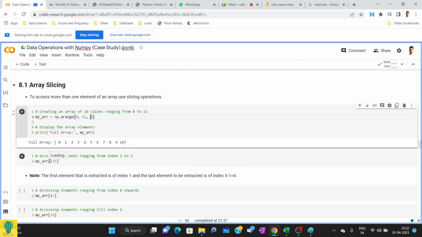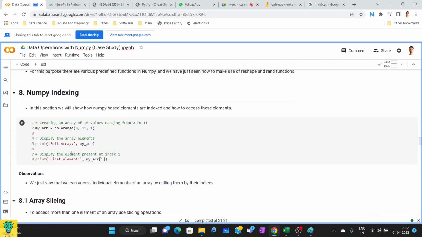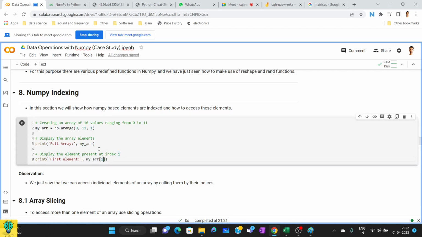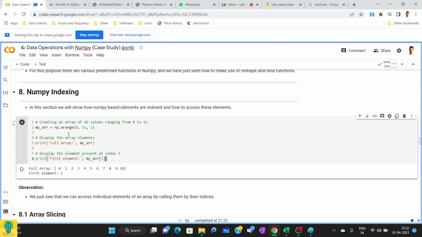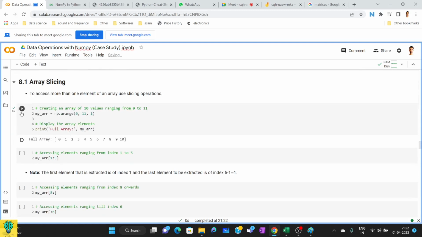Now we are slicing it. Sorry, I think I moved ahead; I was going through indexing. So with 0 to 11, my array 1 is going to give us the first element, because counting always starts from 0. And how to do it for two-dimensional? If it was two-dimensional, you just have to add one more square bracket here, and you can find the answer. Slicing is basically